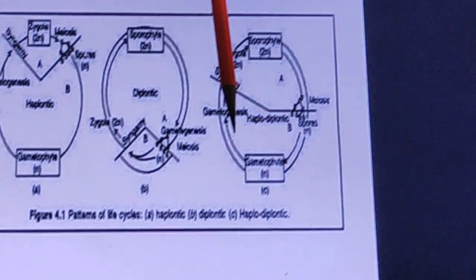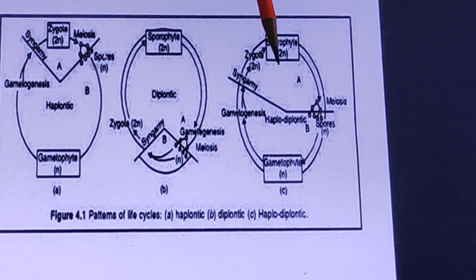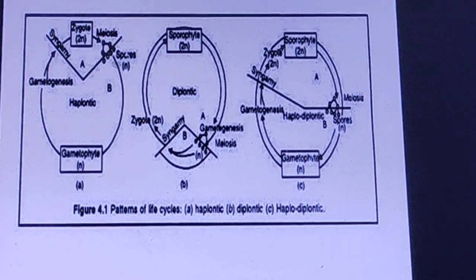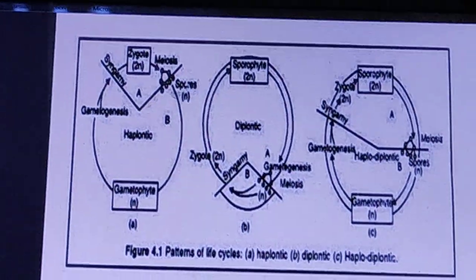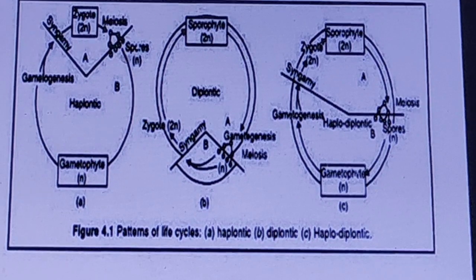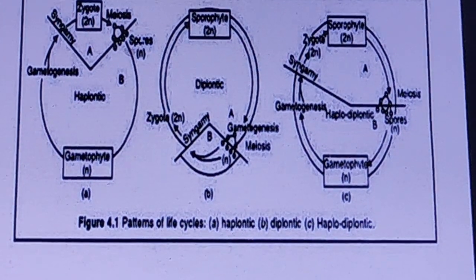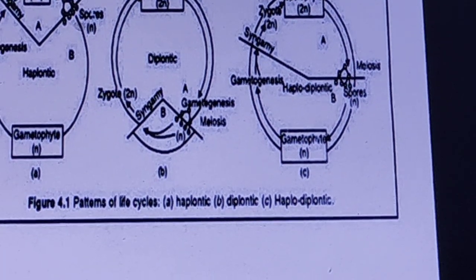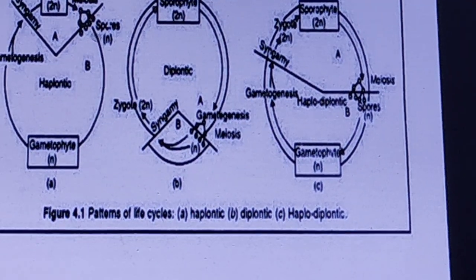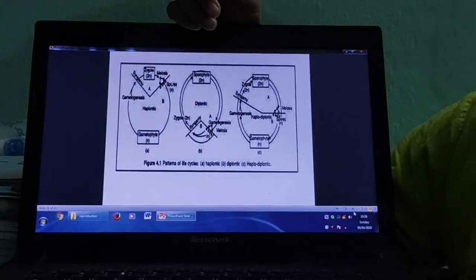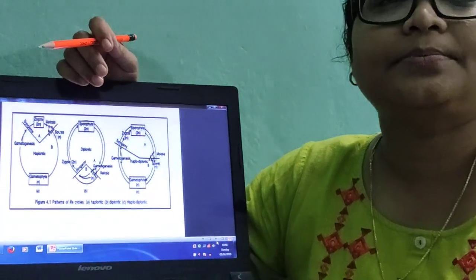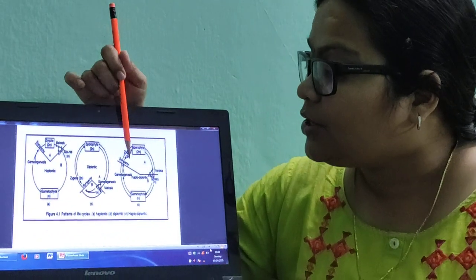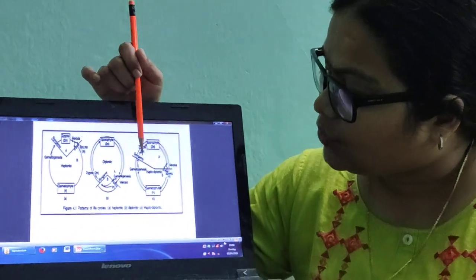Then coming to haplodiplontic life cycle. In haplodiplontic life cycle, what happens to the zygote? It depends upon the organism. How? You know, there are two groups of plants where you find haplodiplontic life cycle. One is bryophyte, another one is pteridophyte. In bryophyte, the main plant body is a gametophyte. So, as the main plant body is gametophyte, the zygote needs to undergo